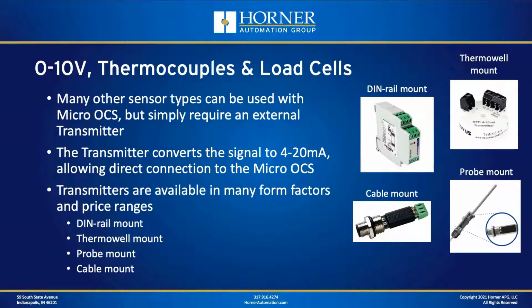For other types of signals, whether you're talking about 0 to 10 volts or thermocouples or load cells, or even RTDs beyond 200 degrees Celsius, say you're measuring several hundreds of degrees C, you can't use the built-in RTD support in a Micro OCS. You would need to use an external transmitter,